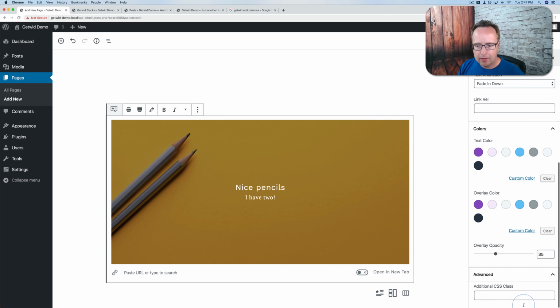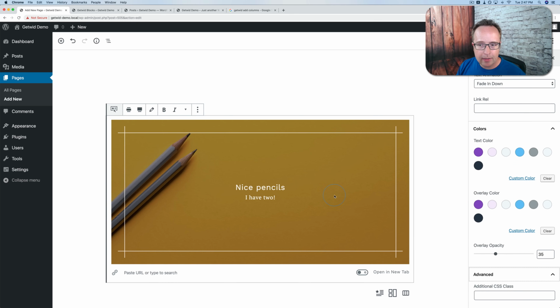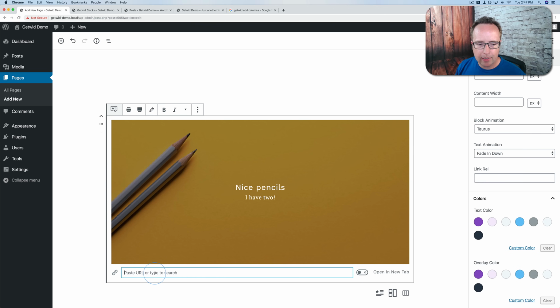And advanced, as always, add a CSS class for more CSS. And when you link this image to somewhere, by adding a link right here, then we can click on the open a new tab, and that link will open in a new tab if we want it to. All right, next up,